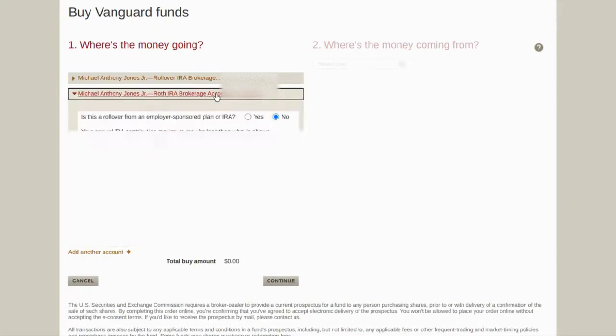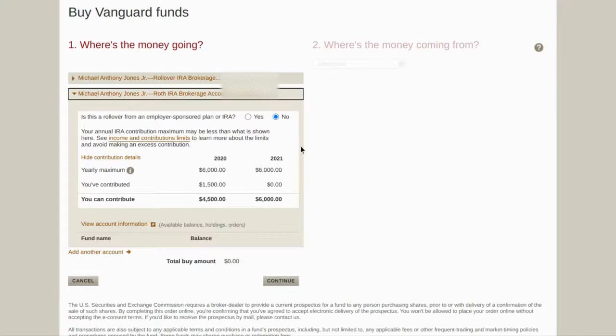And so I'm going to click that, and I'll scroll down. And there is no rollover from my employer-sponsored plan to my IRA. So as you can see, I've already invested $1,500 via my mobile app, and I'm doing this so you guys can see it via the desktop. So what you would do is scroll down,